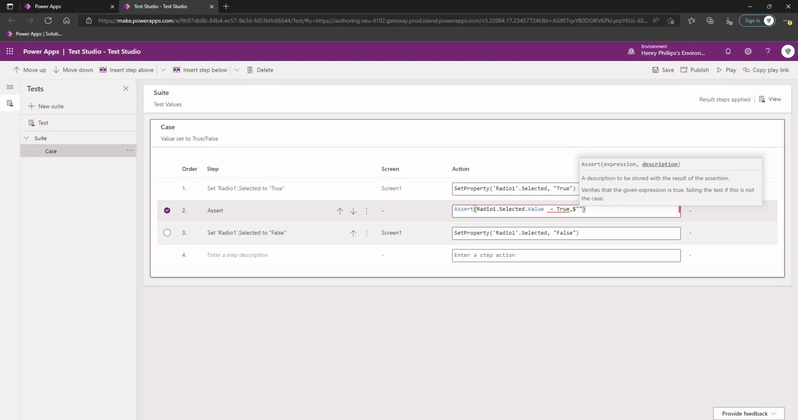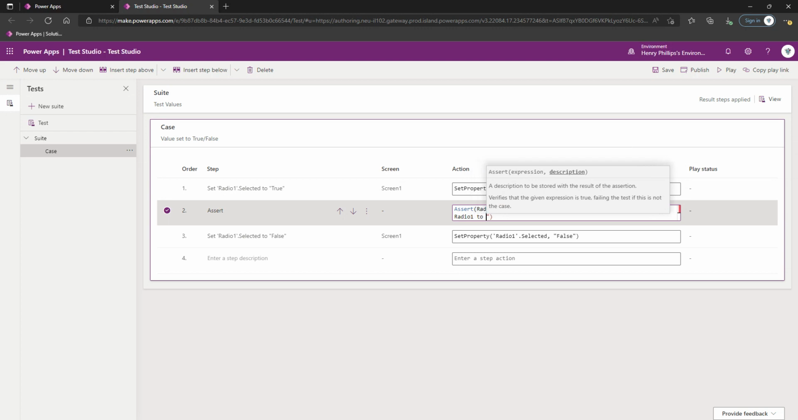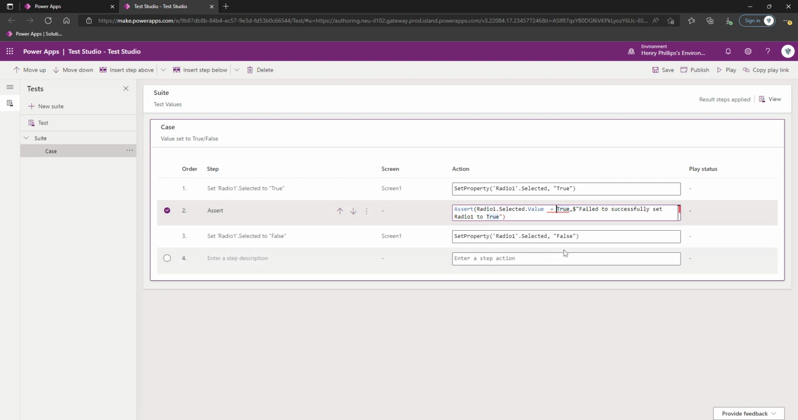I'm going to put: failed to successfully set radio 1 to true. This is complaining at me, and if you ever get this, if you hover over the red portion, it'll tell you why. These types can't be compared. It's text, but I'm giving it the wrong type. Not sure if I said that the right way around, but anyway, we're going to provide it as a text value. Once that's happy, I'm also going to insert